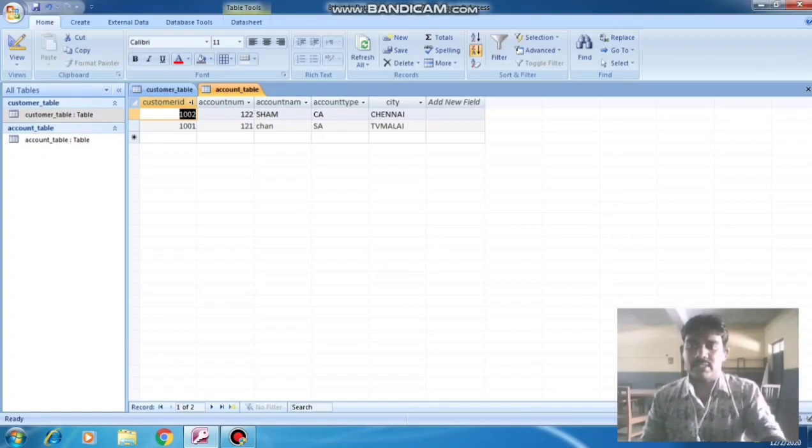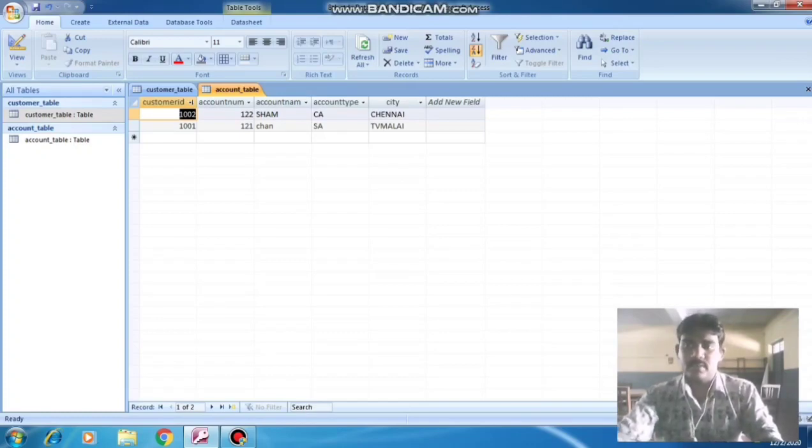Filter means what? 10 records are there, 10 data are there, and we filter only for any 3 toppers in the classroom. Only those 3 are displayed. That is also possible in the filter option.